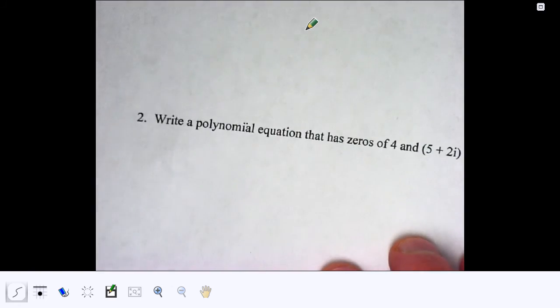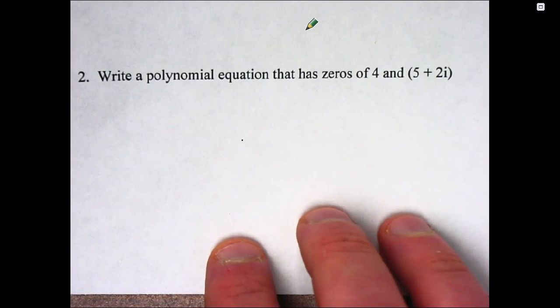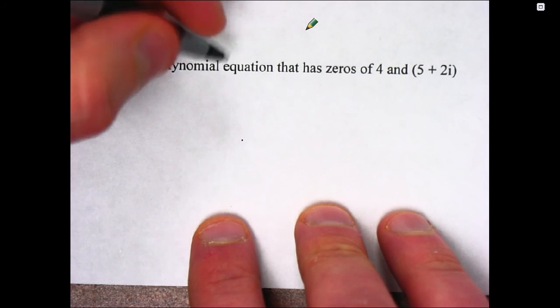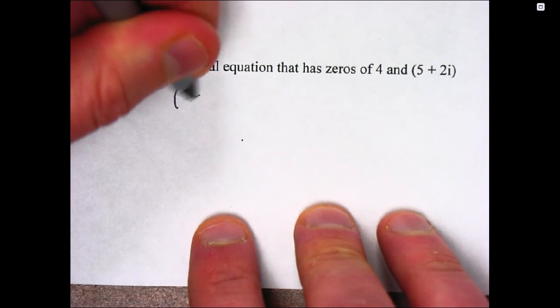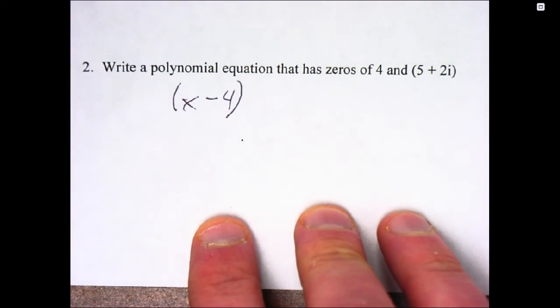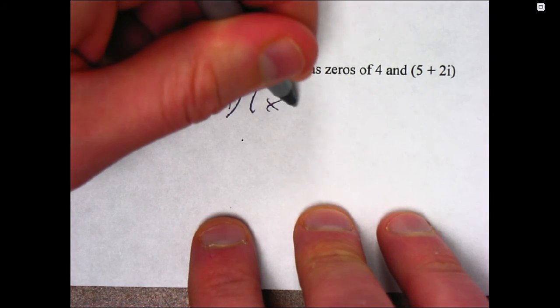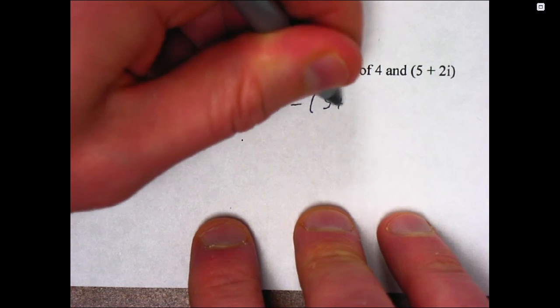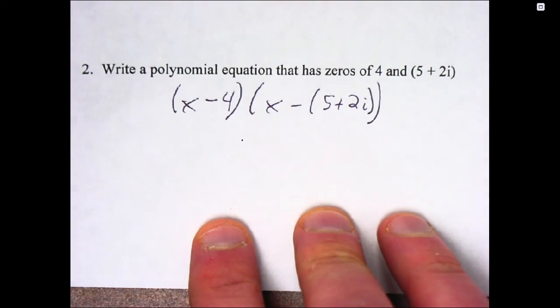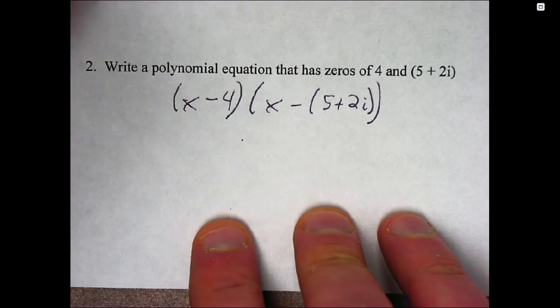All right, here is problem 2. And so this time we're working backwards. So if we know the zeros, then we know the factors. So if 4 is a 0, x minus 4 is a factor. If 5 plus 2i is a 0, then x minus (5 plus 2i), which has to be in parentheses, is